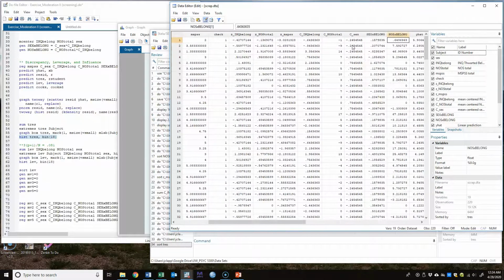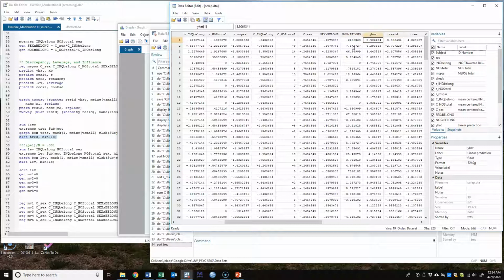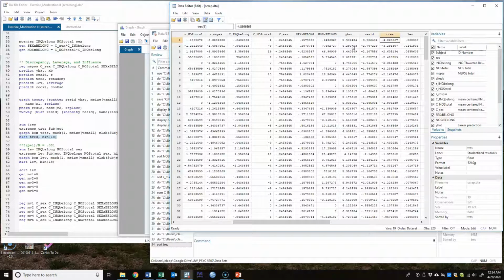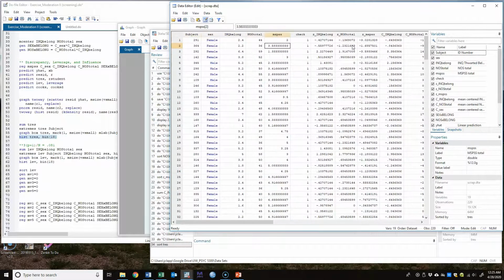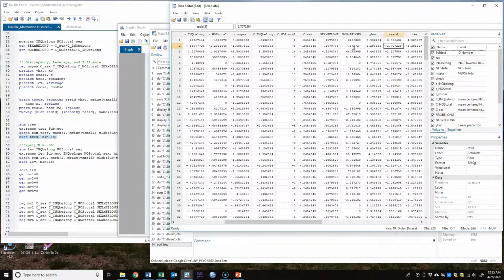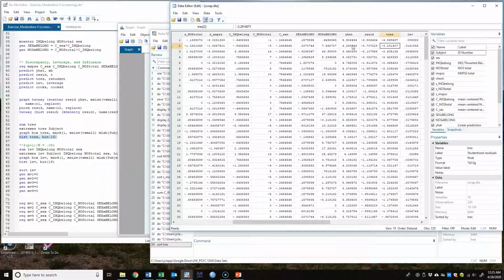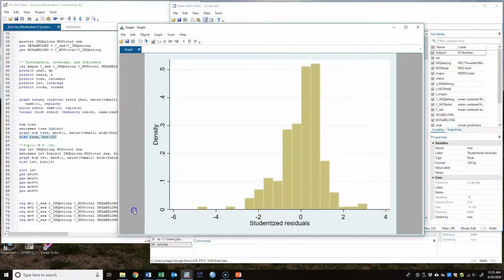But my predicted value, my y hat, was close to 6, right? So I was way, way off on this case. Also pretty off for this one. Again, I've got an MSPSS score of 3.6. My predicted value was, again, about 6, right? So again, it's giving me these 2 cases, suggesting that these are individuals who my model is not doing a